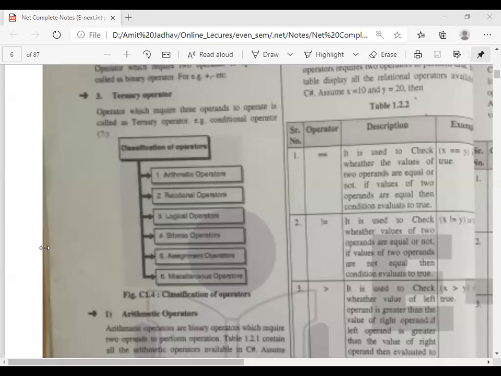It means if the value of x is not equal to y, then it will print x is not equal to y, otherwise it prints x is equal to y. If here the value of y is 5, then this condition is false, it directly comes to the else part and prints x is equal to y. So for that we use not equal to.